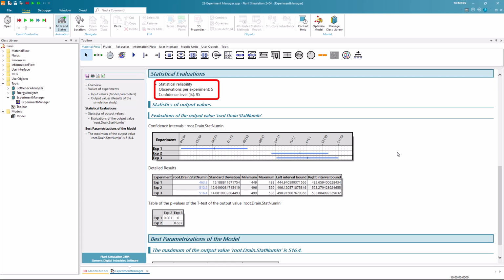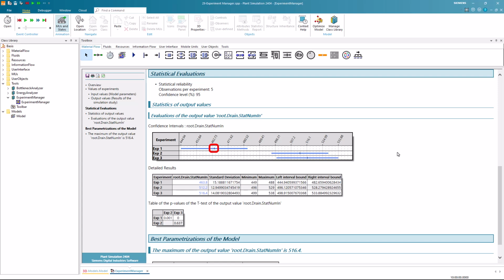The confidence level indicates the degree of certainty that the number of parts lies within the interval. For instance, if you calculate a 95% confidence interval for the number of parts ending up from an experiment, it means that there is a 95% probability that the results of simulation runs with different random seeds will be in this interval. Confidence intervals offer insight into the precision of your estimates. The left interval bound is 444, as we can see from the detailed results, whereas the right interval bound is 482. The line within the box marks the median value.